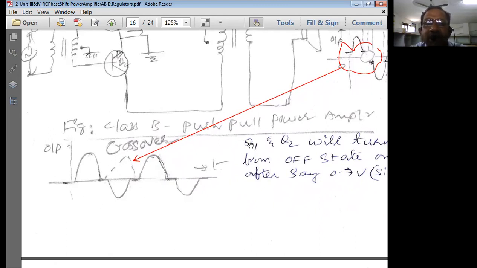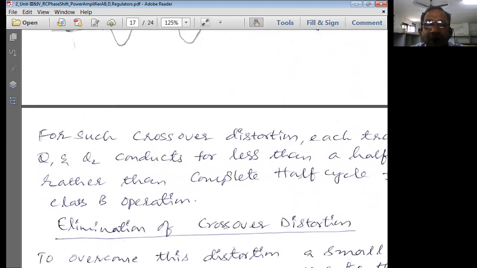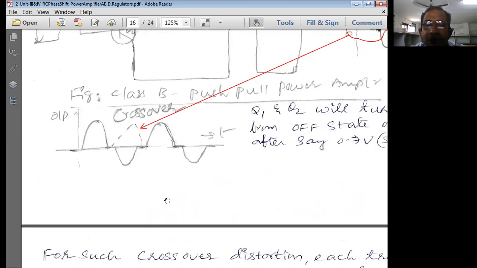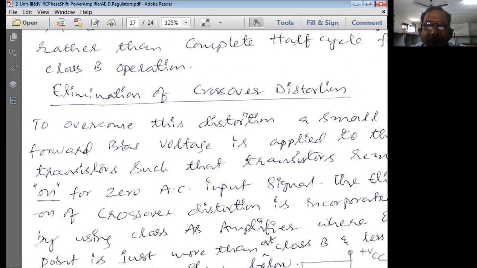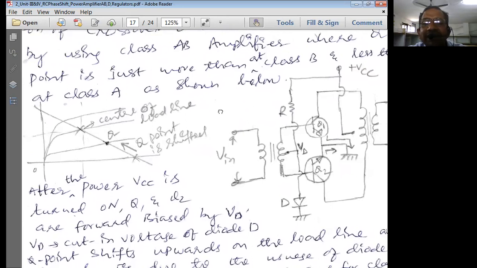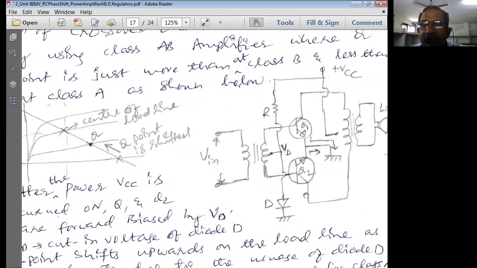In the case of the class B push-pull type of power amplifier, to overcome this crossover distortion, we are simply incorporating the class AB type of power amplifier circuit. Now I am dealing here with another type of circuit for the class AB power amplifier. So we can draw two varieties of circuits. One circuit we have seen in the last session. In this session, I just wanted to introduce you to another circuit of the class AB power amplifier. So you can draw either one of the two circuits for a class AB push-pull power amplifier circuit.